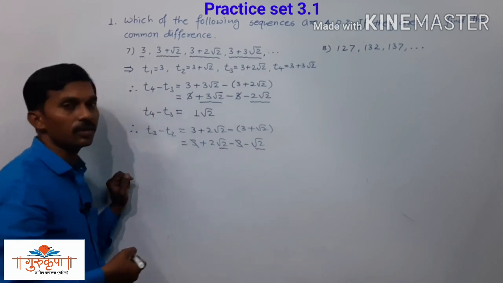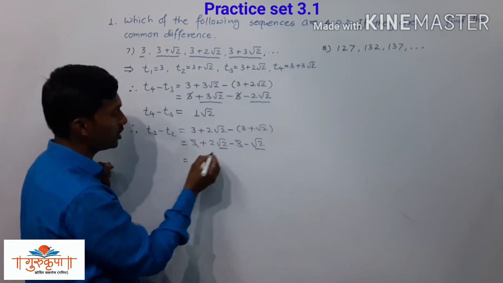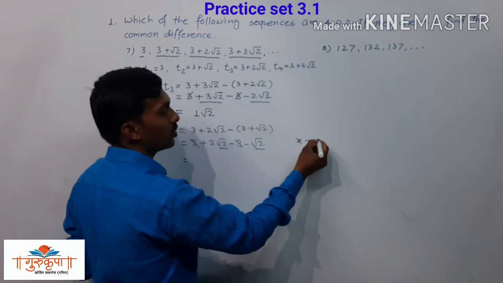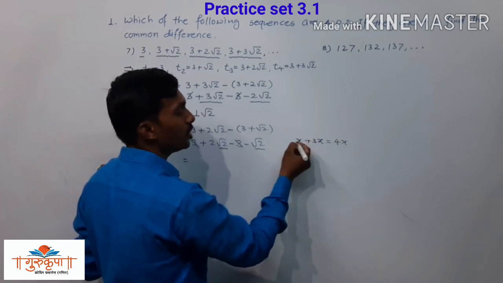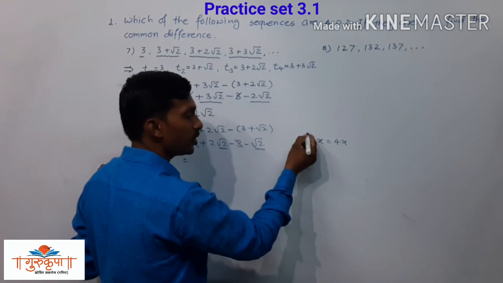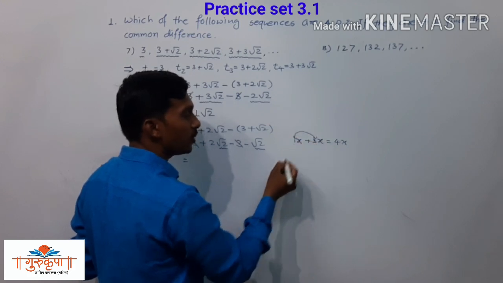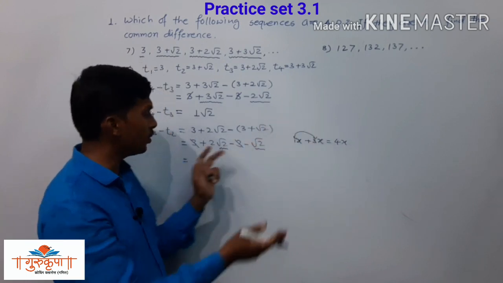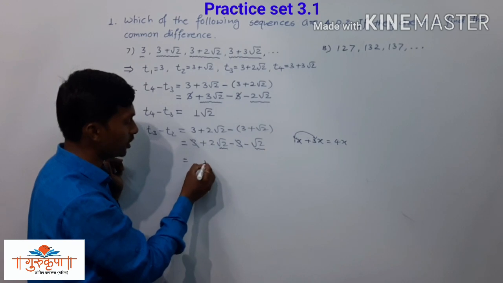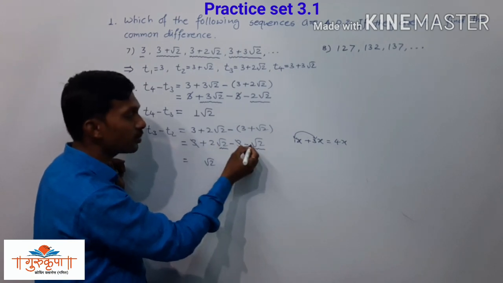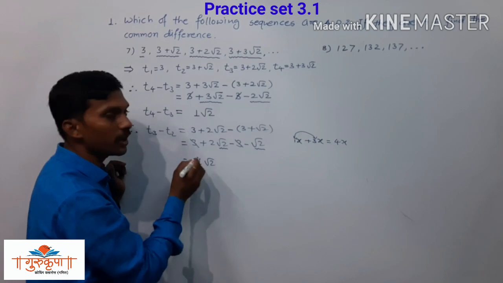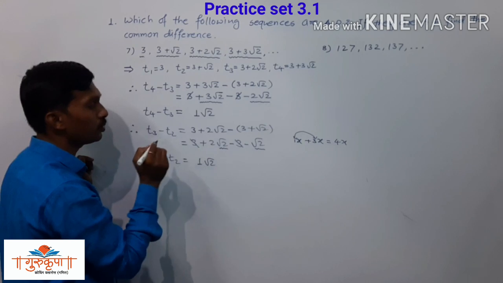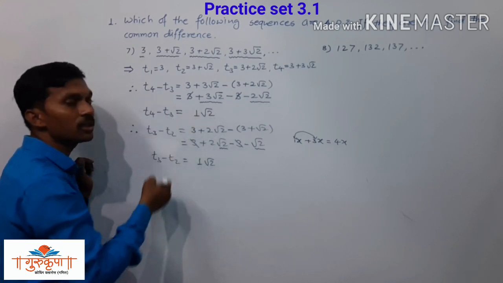Since this is an irrational number, we have to write the radicand as it is, just like while adding x plus 3x. What is the addition? That is 4x. We put this x as it is and just take the addition of the coefficients, 3 plus 1, which is 4. Like this we make the addition here, root 2 as it is, and now 2 minus 1 is 1. Actually no need to write 1 there, but we will write T3 minus T2 is equal to root 2 again. Here also T4 minus T3 is root 2.